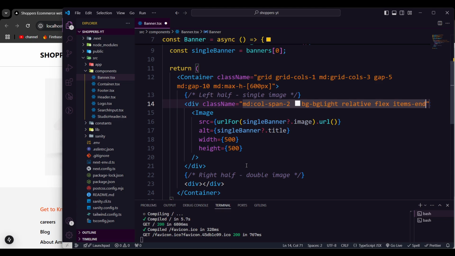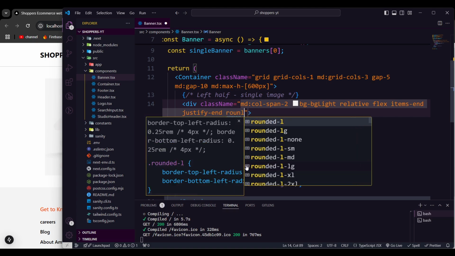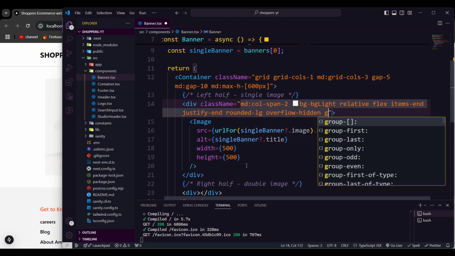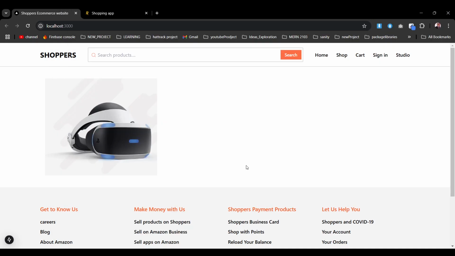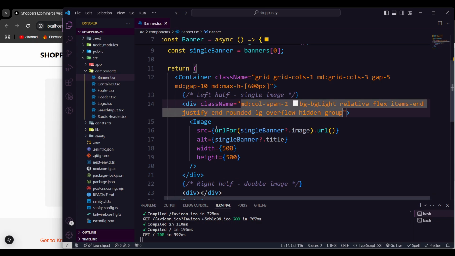You can go with either way, and you can just type it alongside. So justify should be end, and also rounded should be LG, and overflow I want to make it hidden, and I'm going to make it as group. Okay, so right now as you see, that's giving that particular ratio, and on that particular image properties,